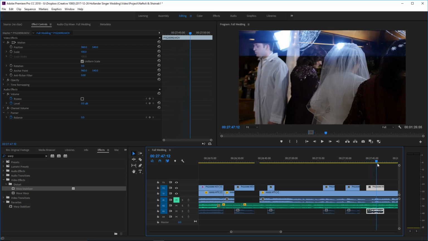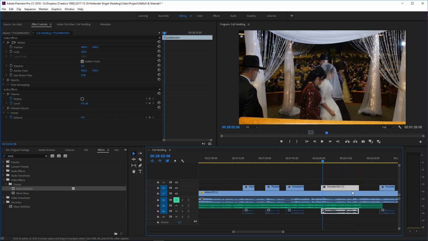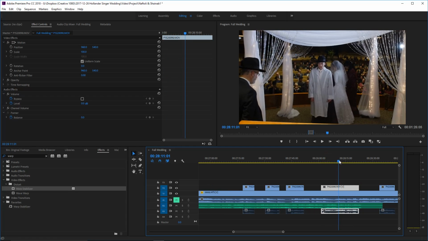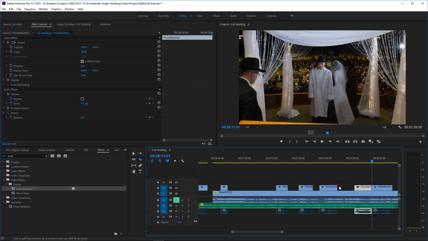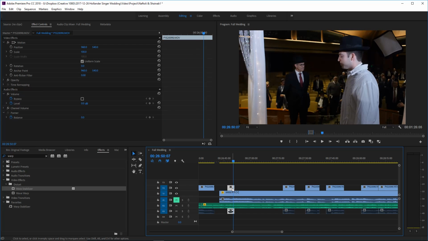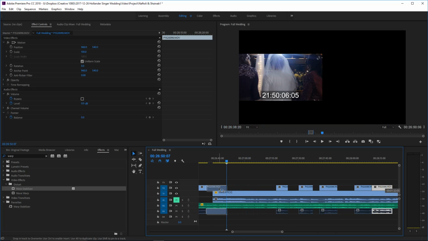Let's see. So I could go from here, they're back around to the front, into this clip where they're also in the front, going around again from a different angle, but I feel like it's almost the same shot again. So we're gonna look for something else. How about maybe something like that? I think that'll work.